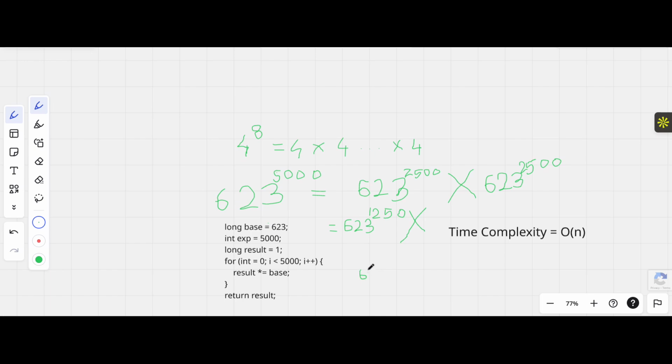623 to the power 0. And now the moment we reach here, we can simply calculate this value as 1, because anything power 0 is equals to 1, right? So here,